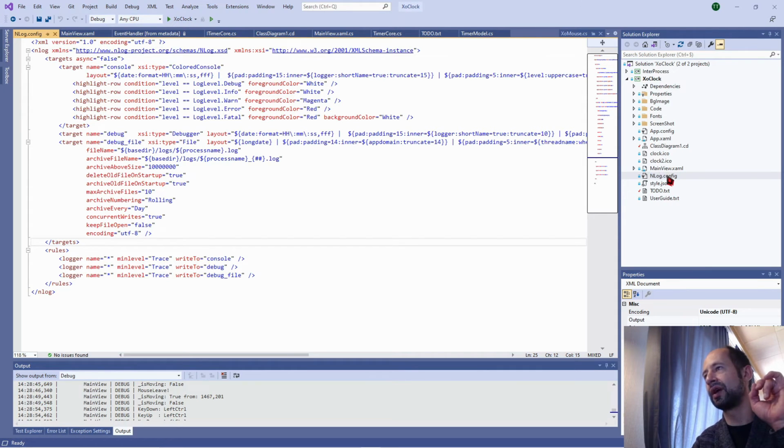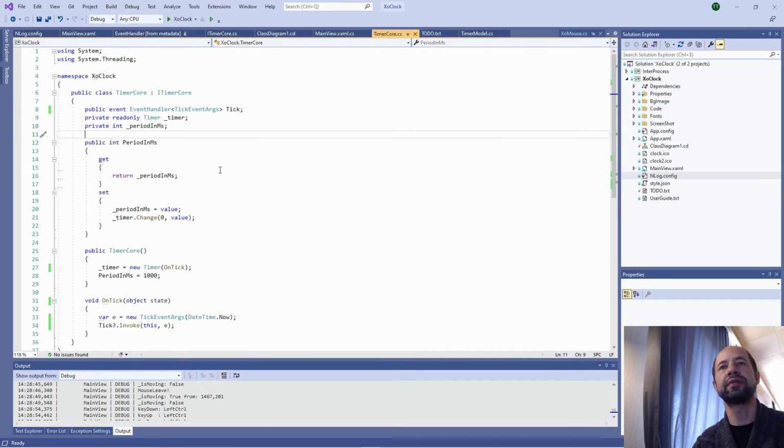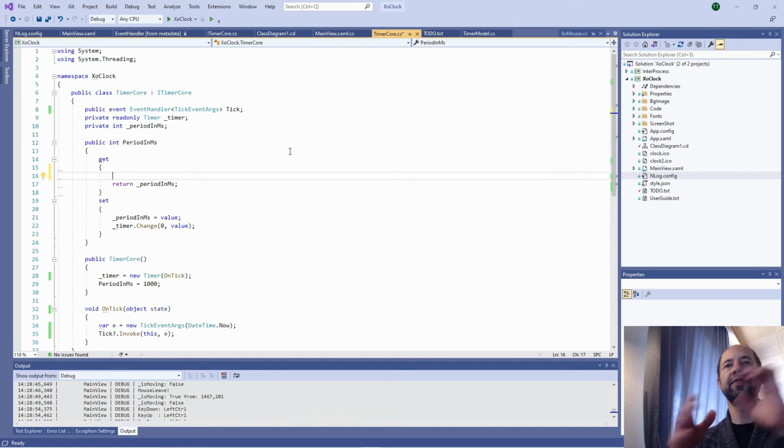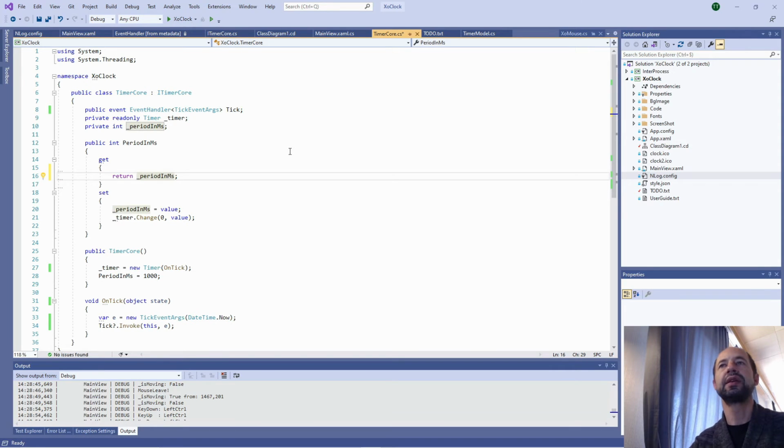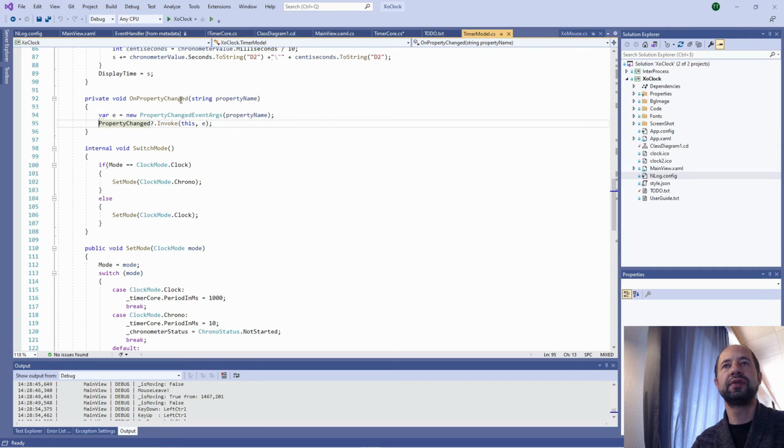Little thing also, as a developer, you should automate your process, and I will show it to you. I have some snippets. So if I write dbg, like debug, like this, I press tab twice, then my log debug is already filled in. I can show you this here. I have two snippets.